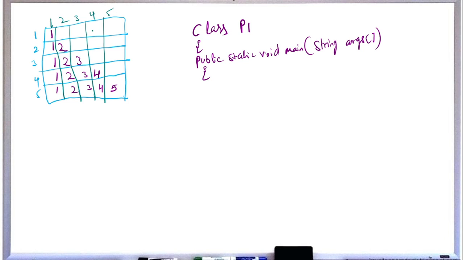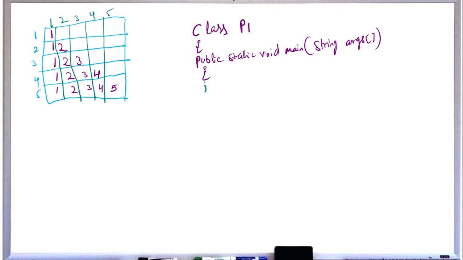Now, to write the logic for this pattern you need to take loops. Why do we need loops? We have to take 5 iterations, meaning 5 times we have to do the same task in case of rows and in case of columns. So how many loops do we need? 2 loops. First I will take a loop for the rows.